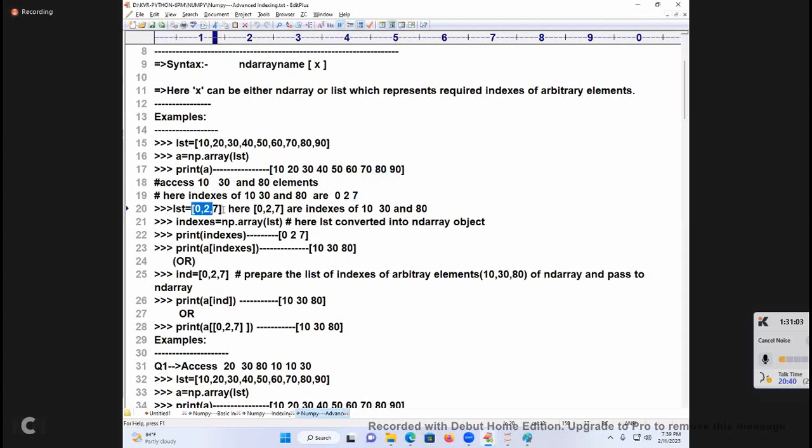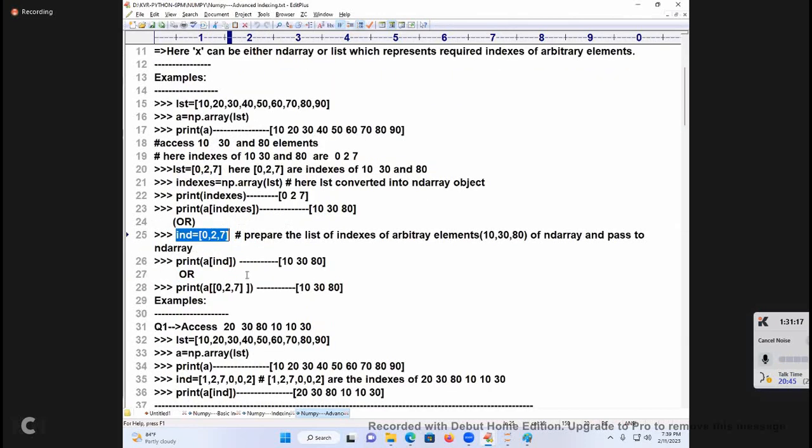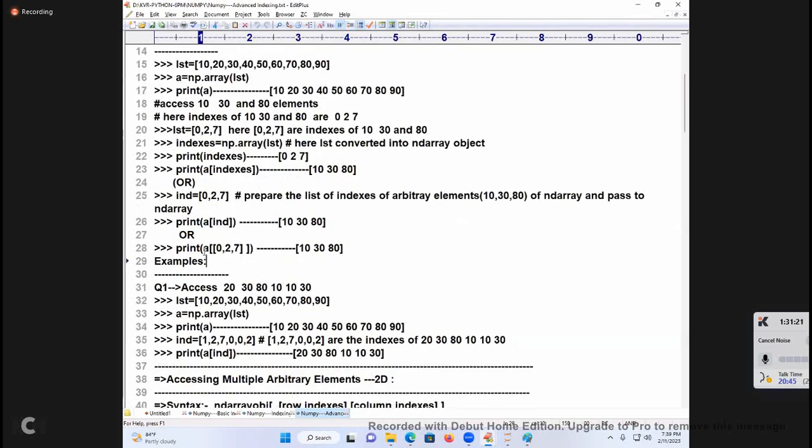LST is equal to 0 to 7, which are the indexes of these elements. Convert that into an indexes ND array. Print that ND array of indexes. You pass it to the ND array, or directly you can pass the indexes. You pass directly to the ND array. Directly you write A of index list of those elements. Is it coming or not?